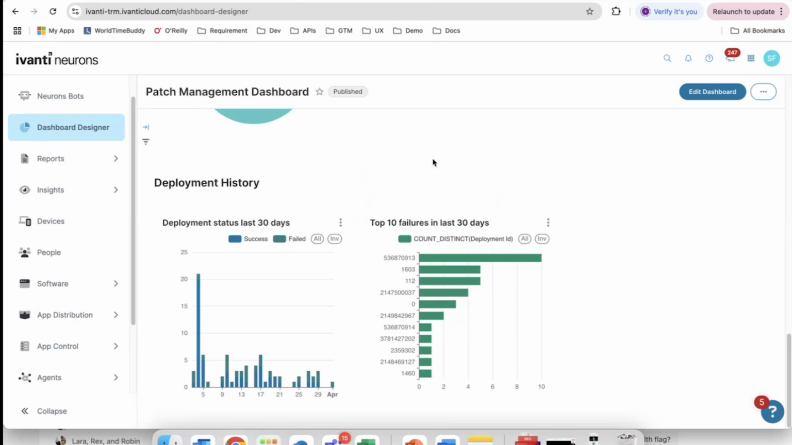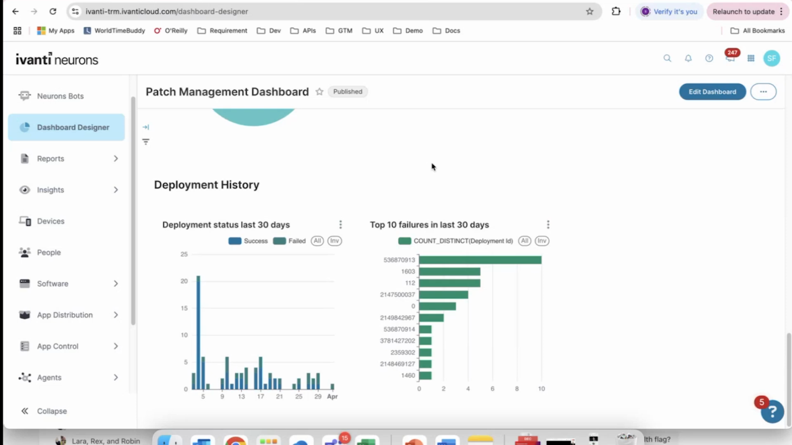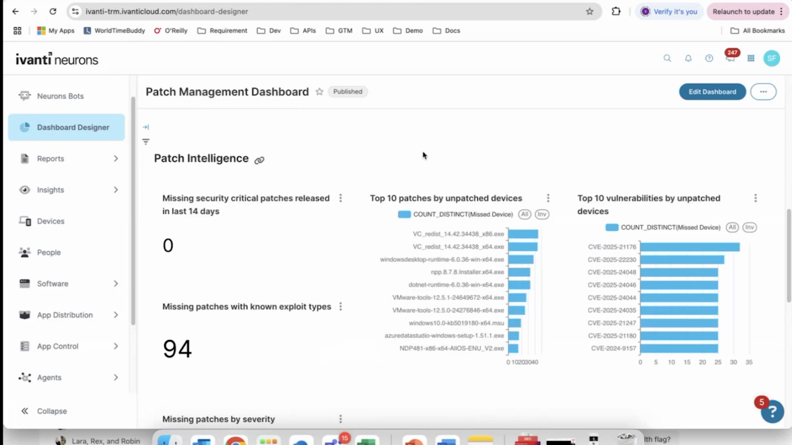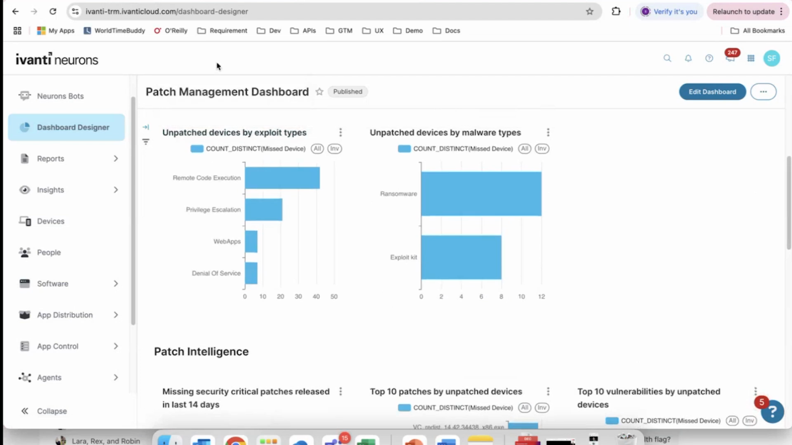The patch management data set in Dashboard Designer is so flexible, but this out-of-the-box dashboard hopefully will get your juices going to see creativity, how you can make the best out of the data set you have. That's the first update. And the second update for Dashboard Designer is we're adding new fields